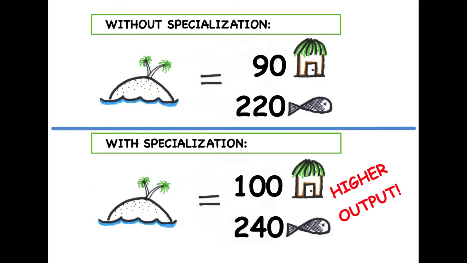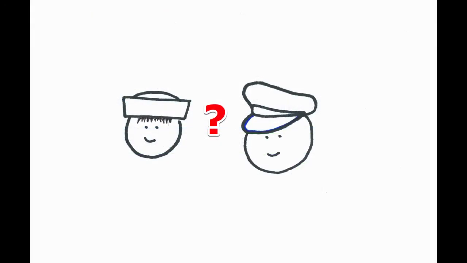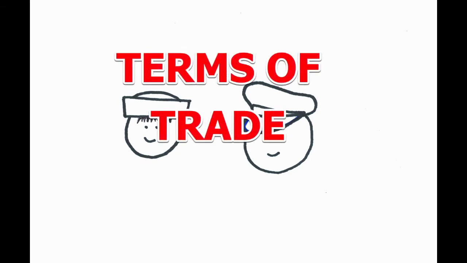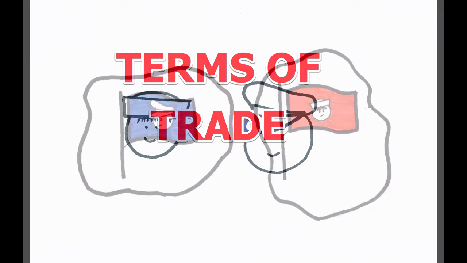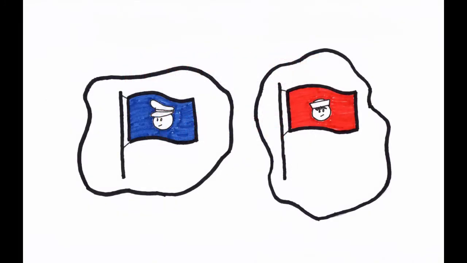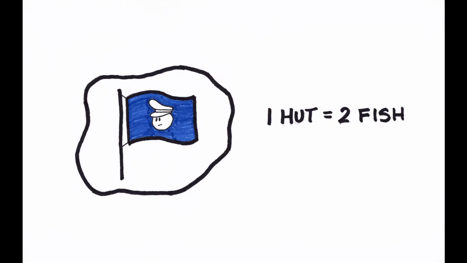But how do we know that specialization and trading in this fashion is beneficial to each of the individuals? It all comes down to the two parties agreeing on mutually beneficial terms of trade. Look, what if we pretend for a moment that Skipper and Gilligan are each countries that are considering engaging in trade with one another? Let's call them the United States of Skipper and the Republic of Gilligan. In the United States of Skipper, the country can trade off one hut for two fish dinners on its own.